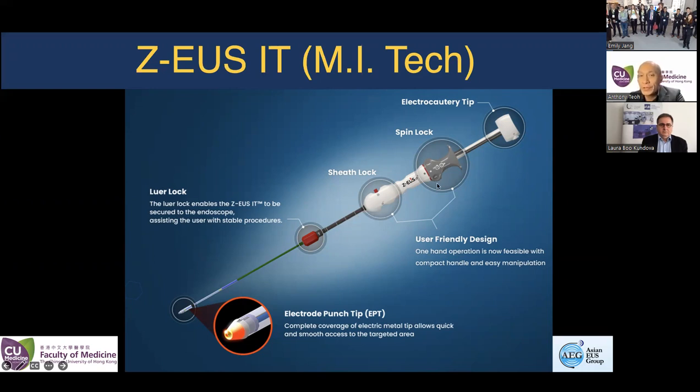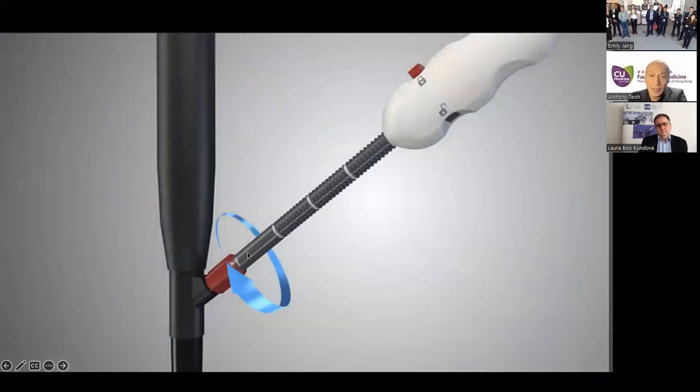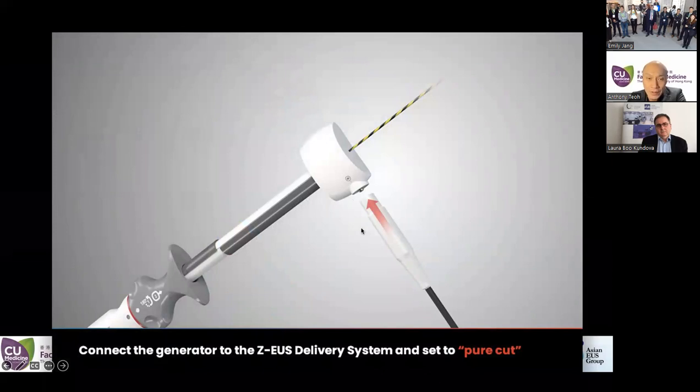After puncturing the organ, this gray rotating knob allows us to rotate 180 degrees and allows us to deploy the distal flange, followed by approximation of the flange to the lumen. And we rotate this knob another 180 degrees to deploy the remaining of the stent system. So this is the Luer lock. This is the cautery